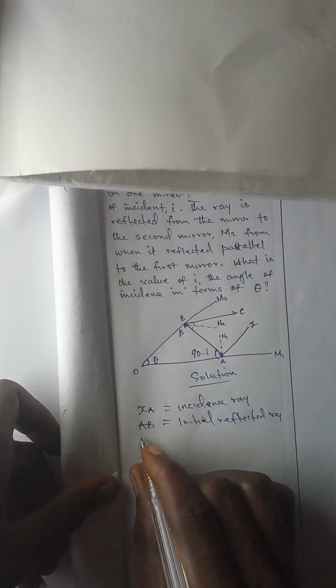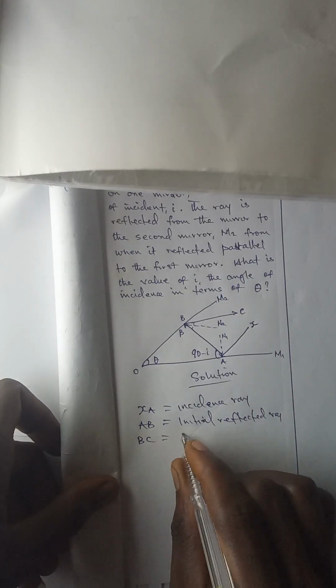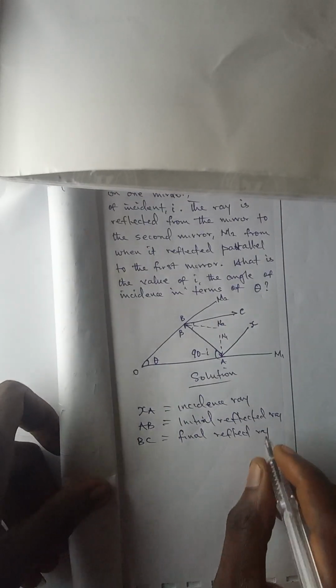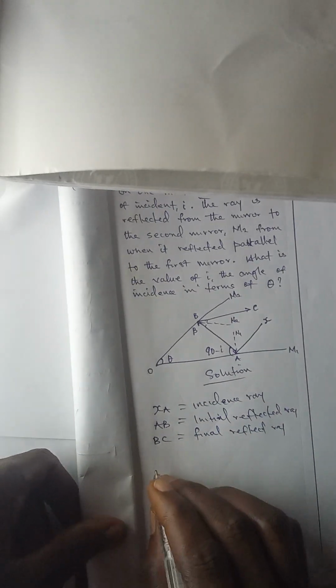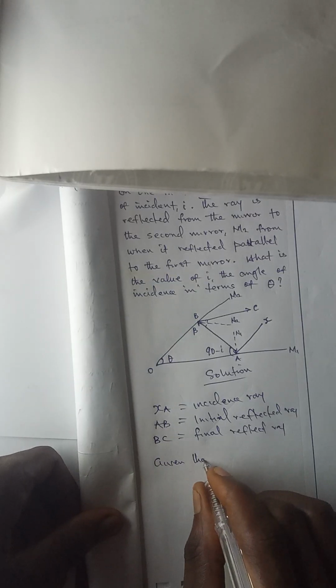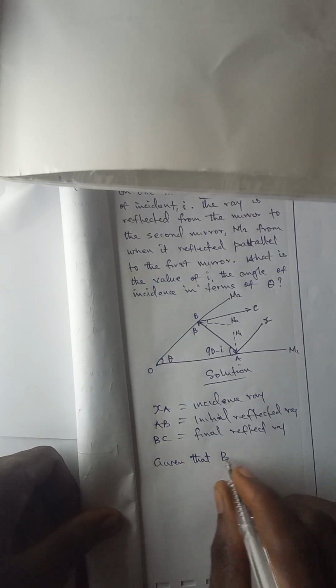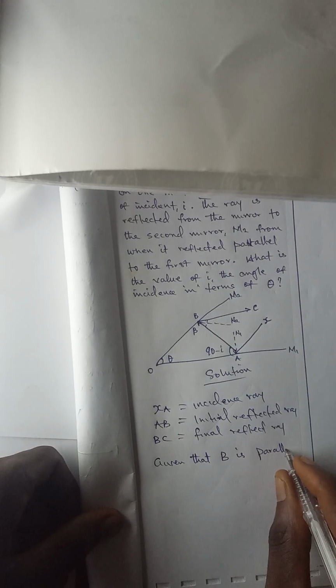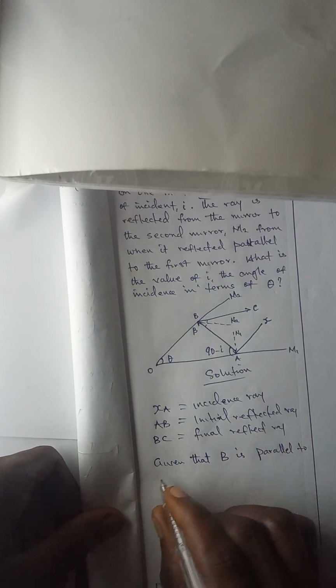So you can also see that our BC is equal to the final reflected ray. Now, given that BC is parallel to M1,